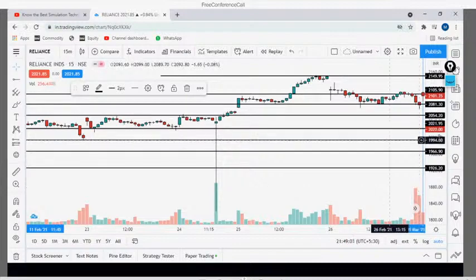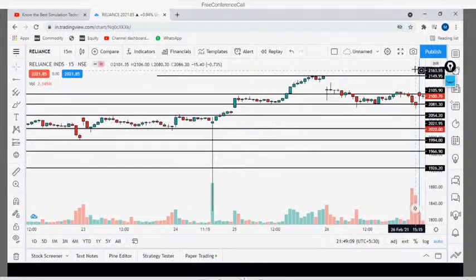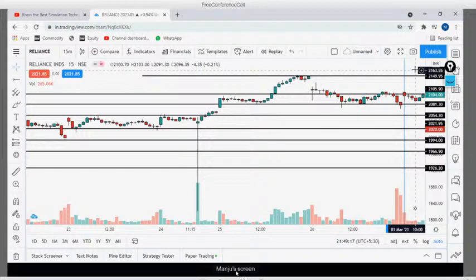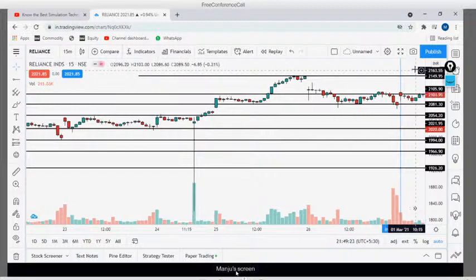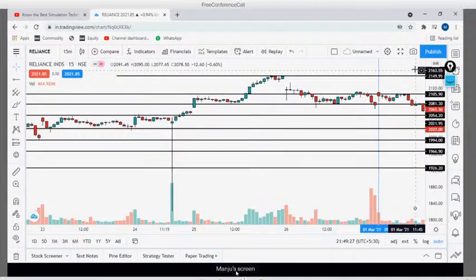What is it trying to do? Not control, control is not required. Just the right arrow key. When you press it one by one, because there is no other way, we have to do it manually only. That's what I am trying to explain. Just keep pressing the right arrow key, and you will come to know whether your levels are working or not.